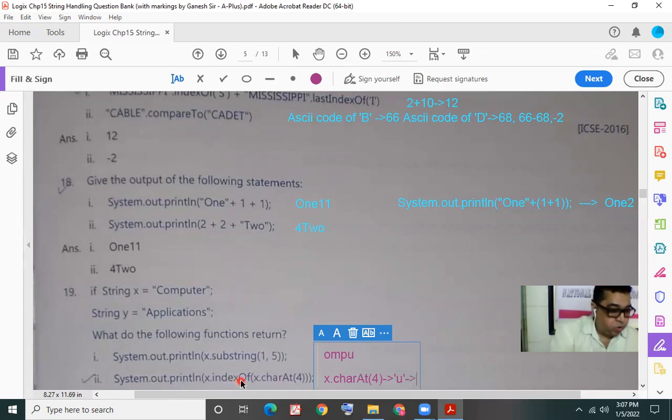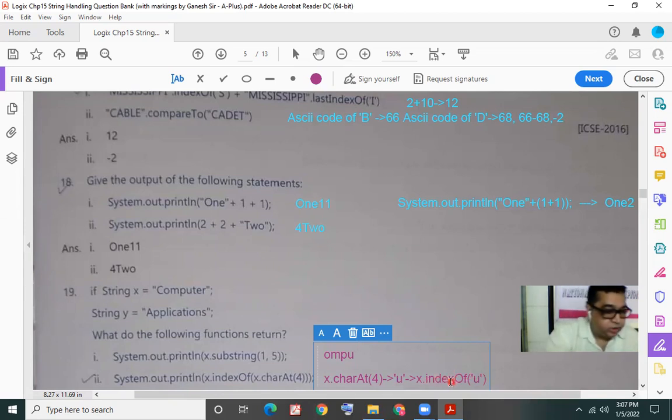So now x.indexOf, to this we are giving the character U. That means we are asking the indexOf method, tell me the position of the character U in the string x. This is what we are telling indexOf.